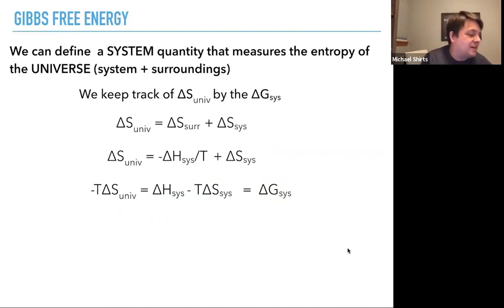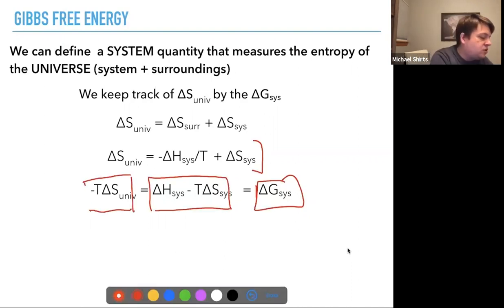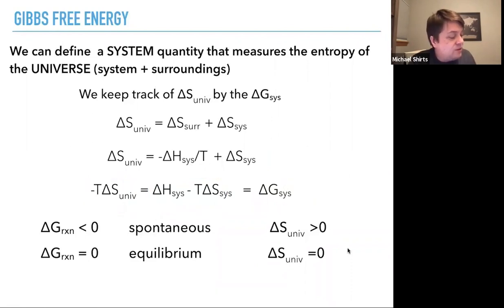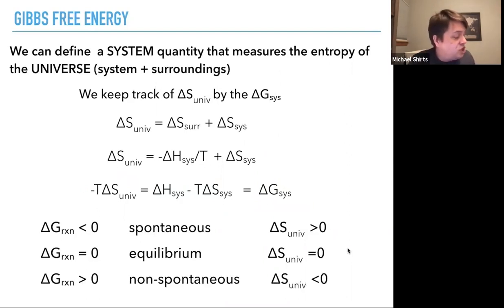That's the free energy. That's our quantity. It's a system quantity that is equal to minus T delta S universe. So if the change in free energy of the system is less than 0, that's the same thing as the entropy of the universe being greater than 0, which means it's spontaneous. Free energy less than 0 means it's spontaneous. Free energy equals 0 means it's at equilibrium, which means the change in entropy of the universe is 0. And if the change in free energy is greater than 0, it's non-spontaneous, which means it's a process that must have decreased the entropy of the universe. Okay, so we can measure the universe in terms of just keeping